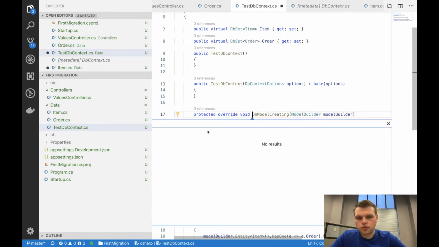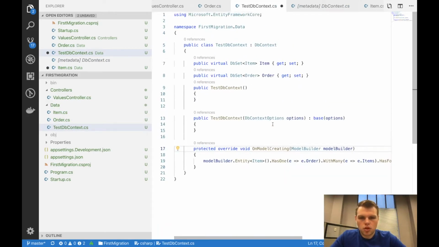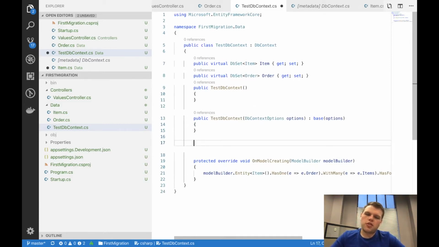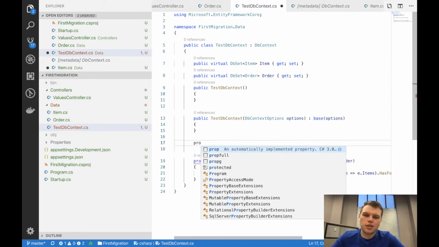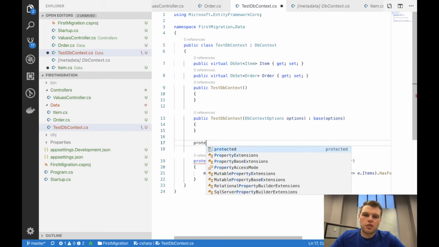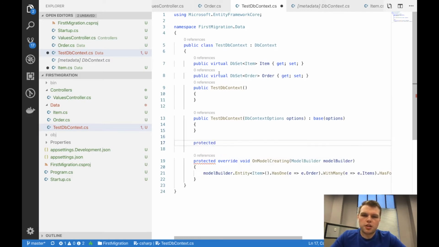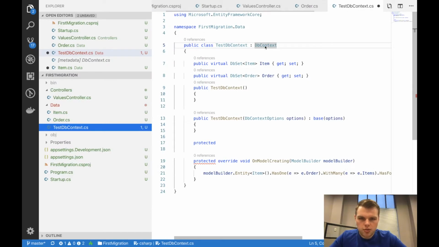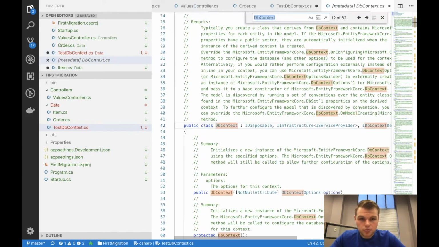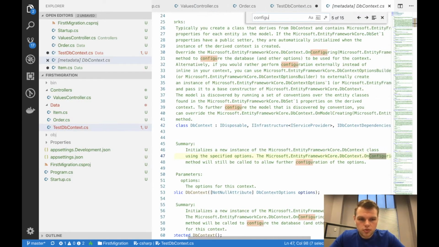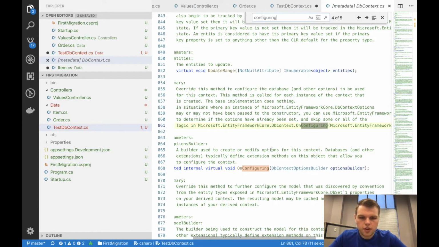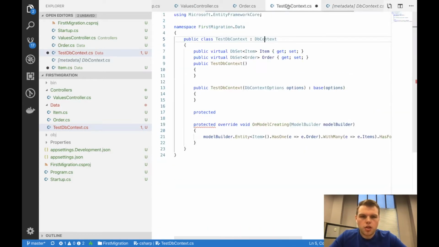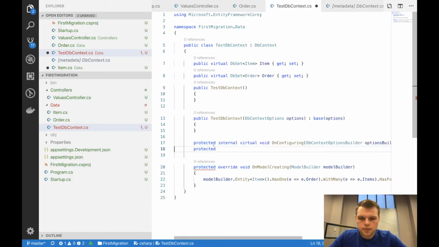So now this will actually allow us to create our first migration. To create a first migration, the first thing we're actually going to need is we're going to need to tell it what provider we're going to use. So we'll just do another override here before we do the dependency injection and stuff. So if we look at our DbContext again, and we look for our configuring, you'll see an OnConfiguring. Let's just take this real quick, put it right here,